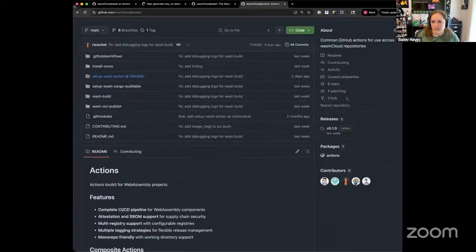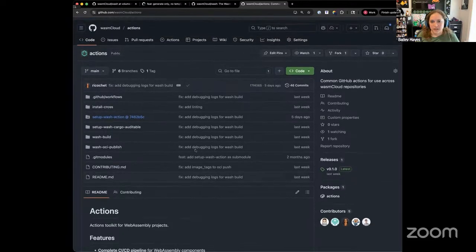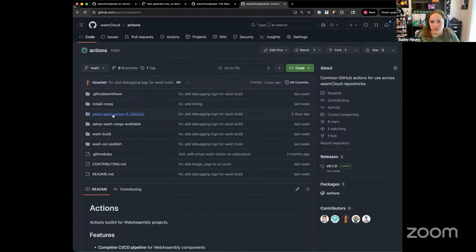So first things first, let me show you GitHub Actions with wasmCloud. Over here, I cut a new release last week. I didn't major version it. I'm not major versioning anything that depends on the next version of Wash or the next version of wasmCloud, but this is in that push of getting everything in place before we start cutting the final release candidate and doing the major version rev. So here is a mono repo that includes one action here that is actually out of